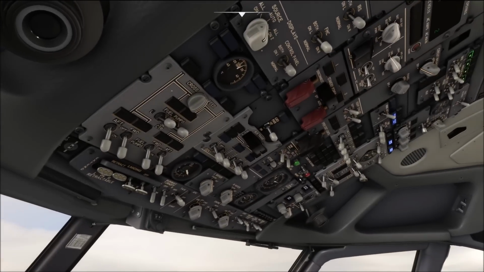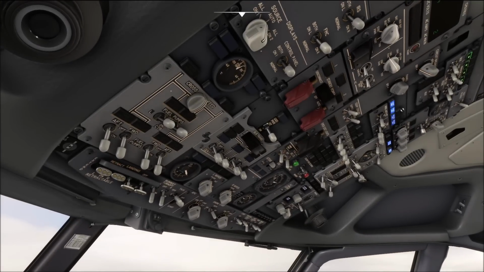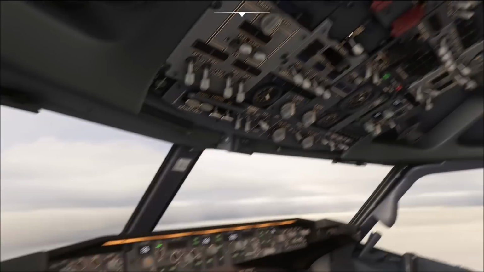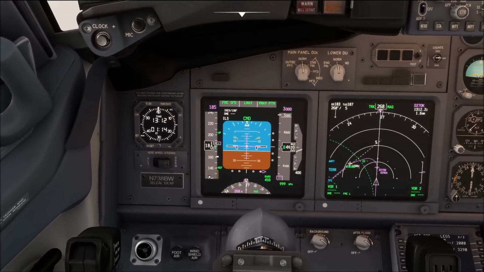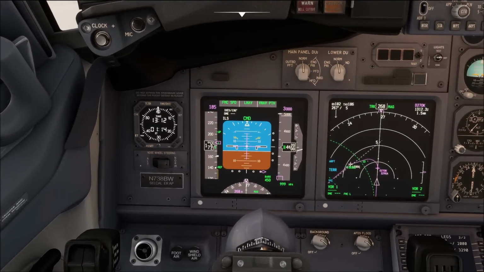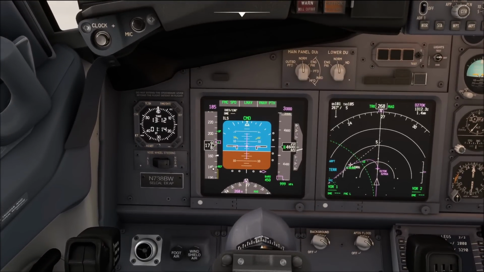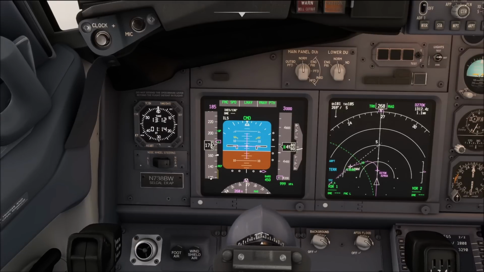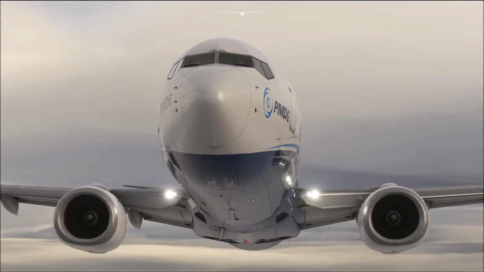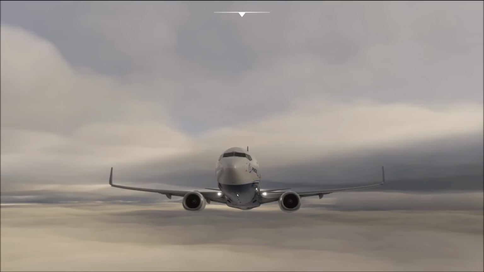When you do use the wing anti-ice, flick it on like this, but be aware that once you have used wing anti-ice, your minimum maneuver speed is going to increase. So you can see how it has increased down here already, and this is because while we do have anti-ice available for the leading edge flaps,